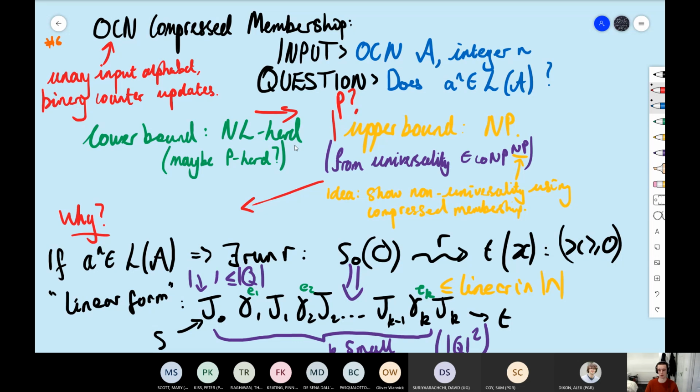And I think that's where my journey has brought me to: I'm really trying to work out what makes one counter nets with unary input alphabet and binary counter updates tougher and stronger than NFAs. And yeah, these are the problems that excite me. If anyone knows anything obvious about what I've said, I'd love to hear it. Or maybe just an insight. Maybe you've thought about this problem or similar problems before in a completely different way. I'm very happy to hear it. I've thought about these problems in various ways.